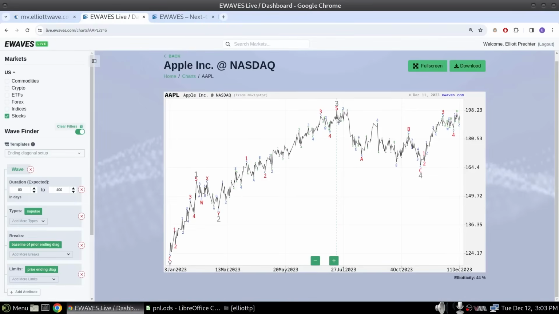It's a nice choppy sideways move. It channels really, really well. You can see these parallel lines right here. This is just a classic corrective form. So even though, again, there was a lot of fear at this low, we were very confident that this was a corrective move. One last thing I want to say about Apple before we move on is